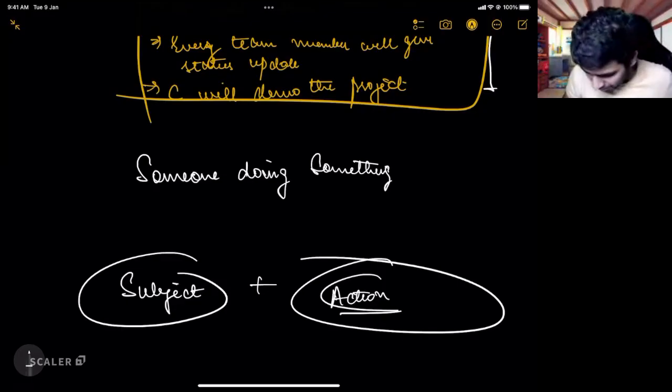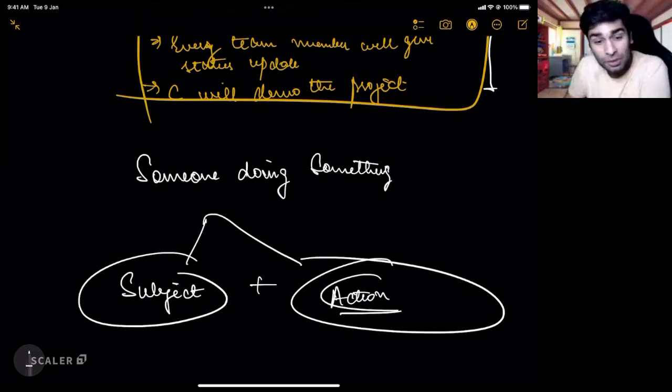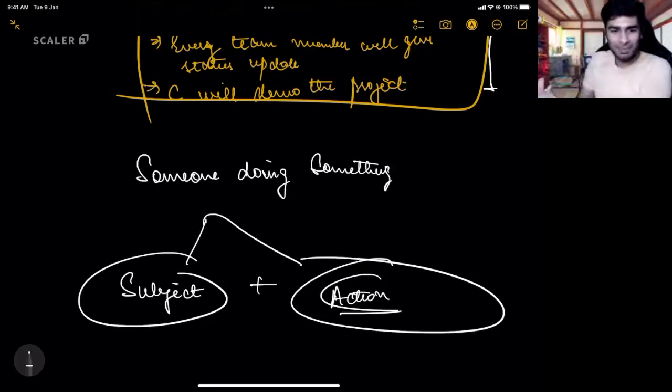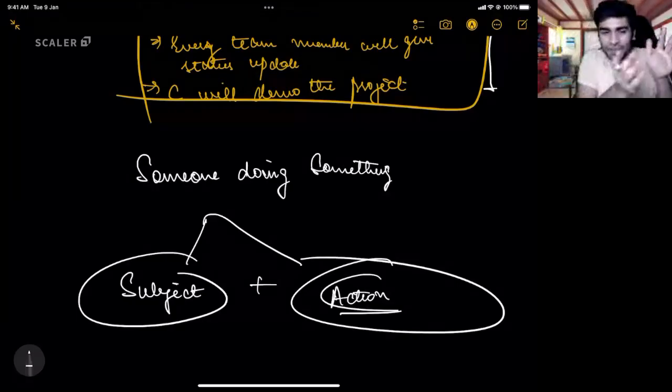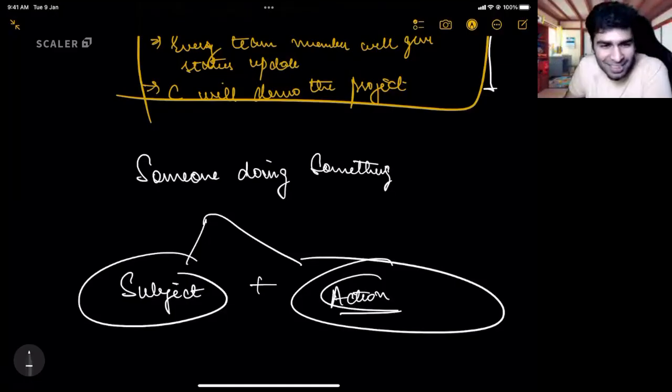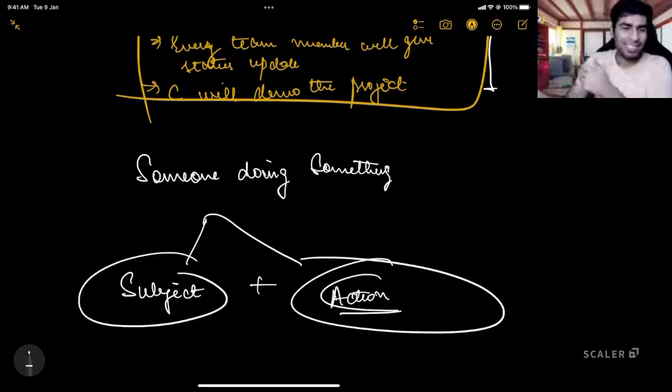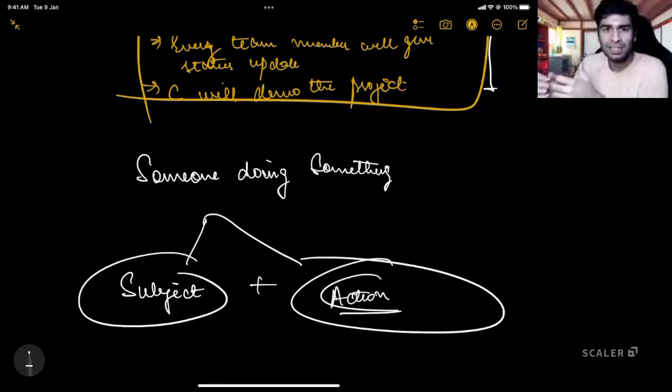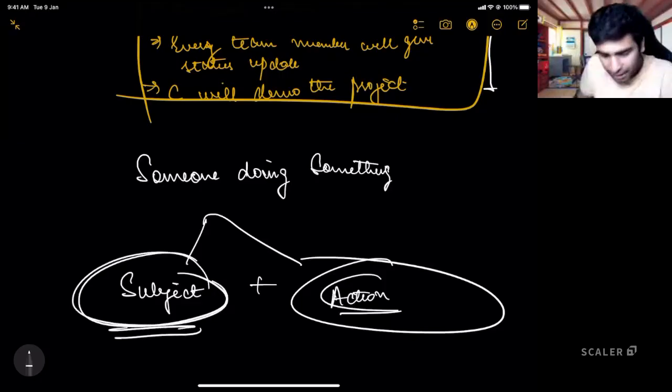Okay, cool. So this is not just English. This is also about Hindi. Every language is structured in this way. We as humans try to think in this way. Someone did something. Let us talk about Hindi. Ram ne ye kiya. In English, Ram did that. Is this making sense? We always think about everything that is happening in terms of someone doing something, right? So yeah, Ishika has mentioned that correctly. In Hindi there is karta, karam, which basically means how we structure sentences: someone, a subject, doing something.